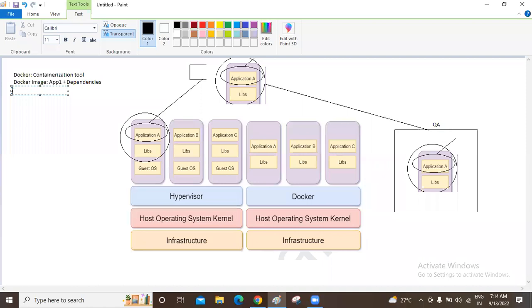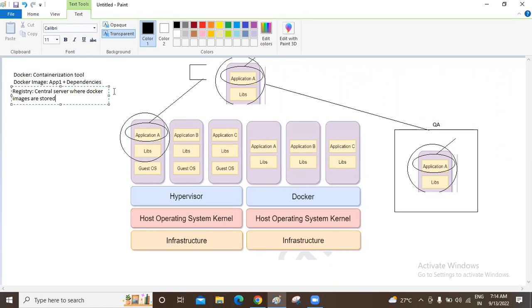Container registry. Let's say registry as of now because I did not introduce you to the concept of registry: a central server where Docker images are stored.